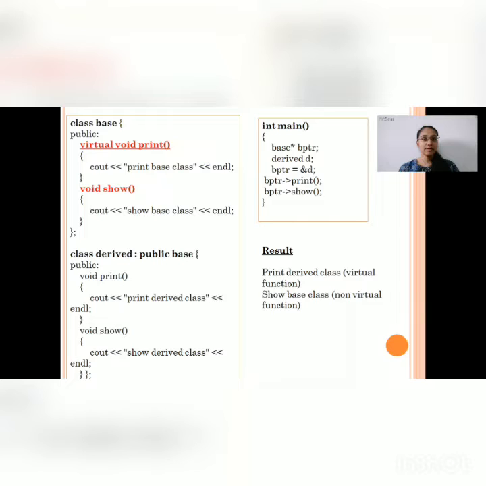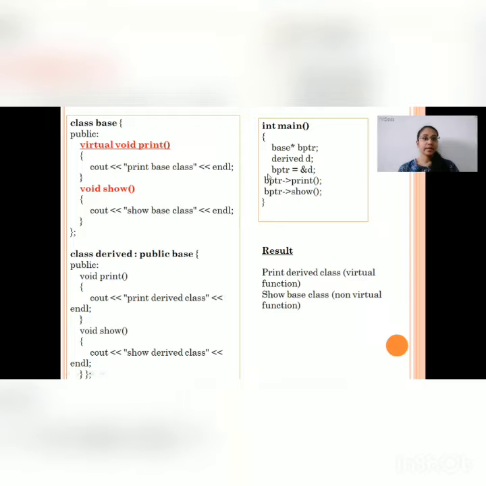There is another function which is non-virtual, that is void show, and the output of this function is show base class. Now there is another class which is derived class, and in this class same function is defined, that is void print and void show,